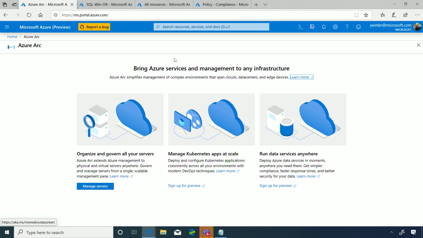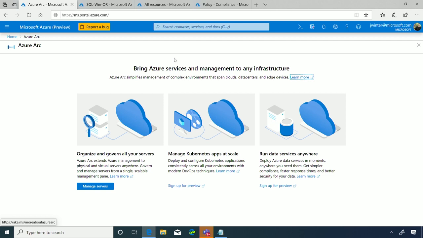So the core of it here is, think about this as 3 offers that we're going to talk about today. The first one is your servers. This is in public preview. You can use it today, sign up. There's nothing that's holding you back on this. We have many that are using it already. I'm going to walk you through that experience.